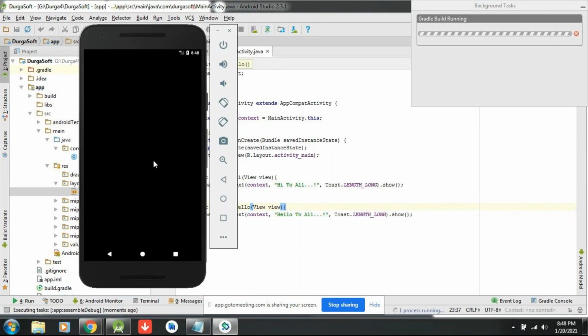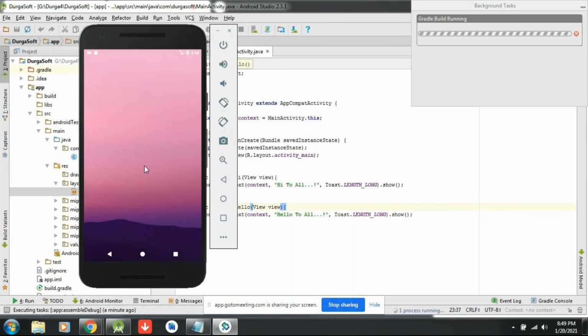Okay, thank God this was loaded with operating system. Okay, now this device is loading the thing. Okay, now it will generate APK and it will get loaded.